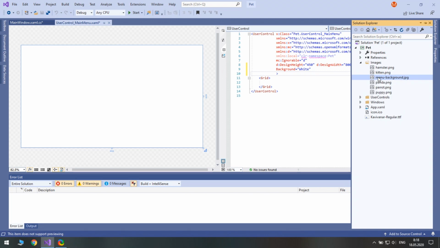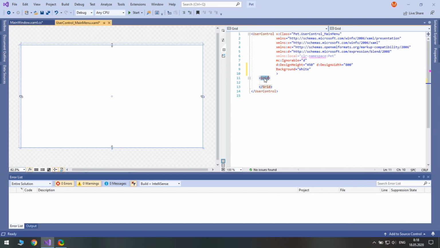Again, you can get the image following the GitHub link. Now let's create an outer border. The background image will be in the background property of this border.